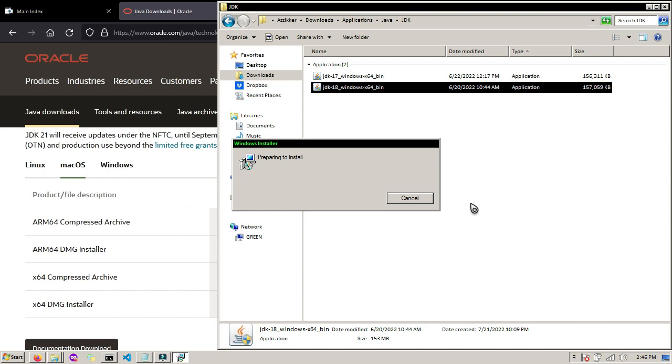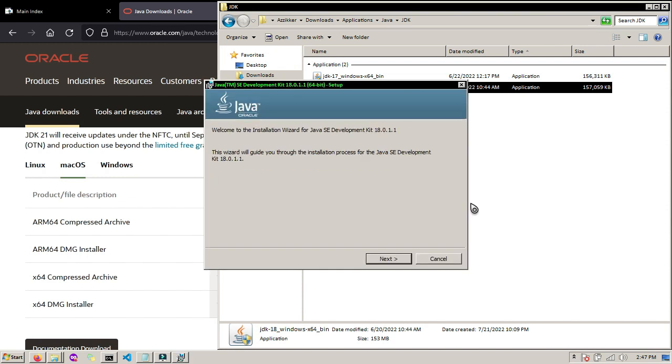So the time of the processing of the JDK installer depends on the specs of your device. So the higher the specs you have, the faster the loading is. But as for me, it will load a little bit slow, because my device is not as fast as the other device.